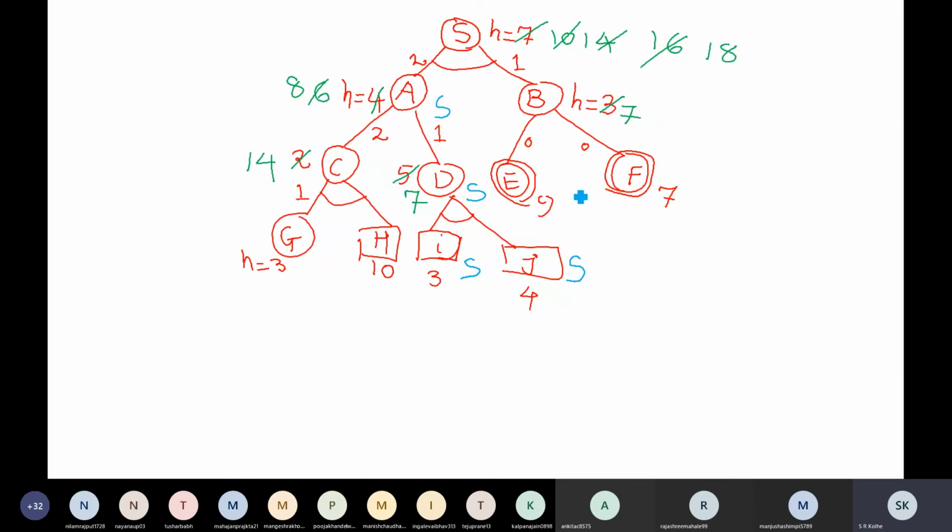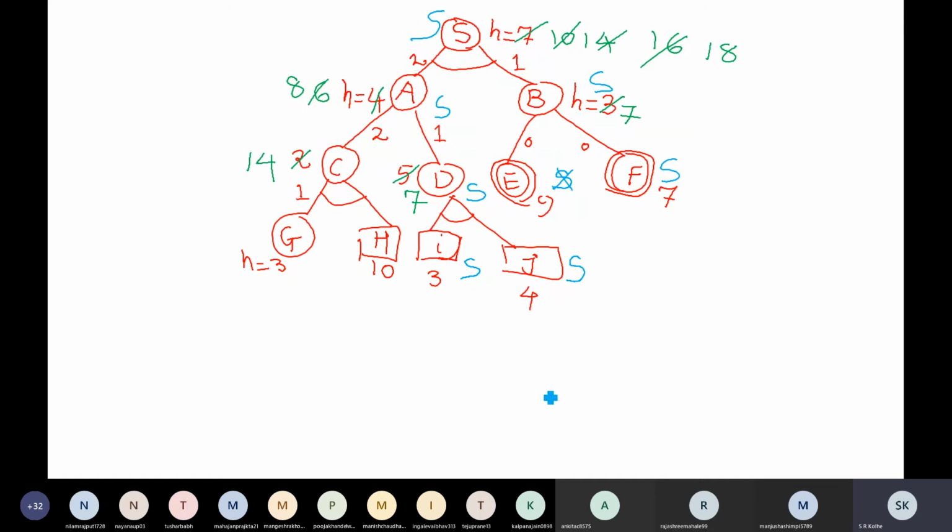But earlier, when we were at E and F, when you reached E, it was a terminal goal node. That time you labeled that as solved. Label F as solved. What about this B? This is OR, no? F is solved, F was better, so we will not go to this. F is solved, so B will become solved. So B was solved earlier. A has become solved now after this. Since A has become solved, this is AND, so S will become solved. Algorithm will terminate here once A becomes solved.